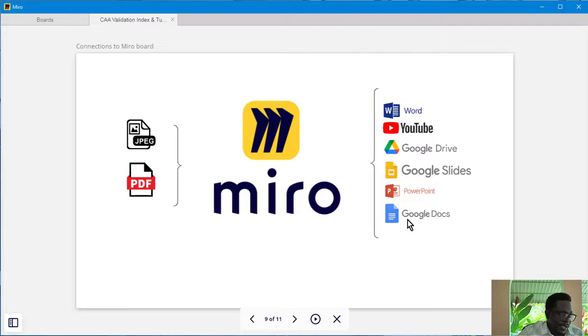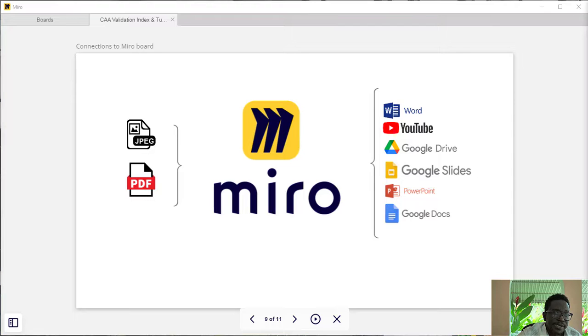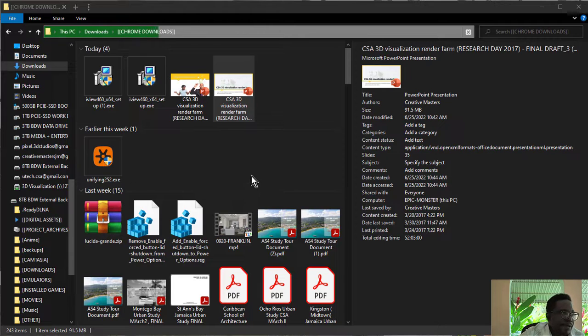Okay, so in terms of slideshows, it's a simple procedure. Miro board will take PowerPoint files directly, right? However, they need to be a particular size. So let's use an example. If I browse this